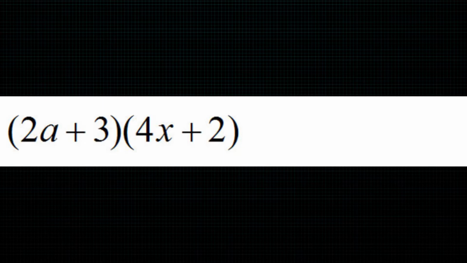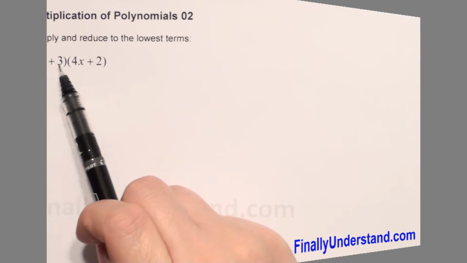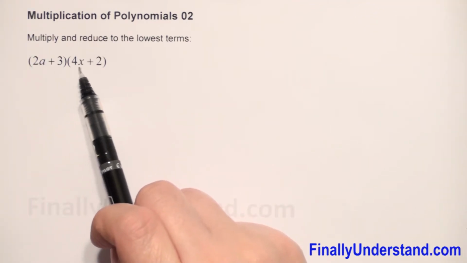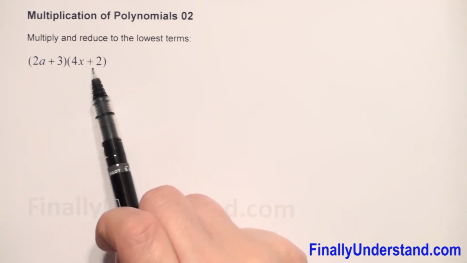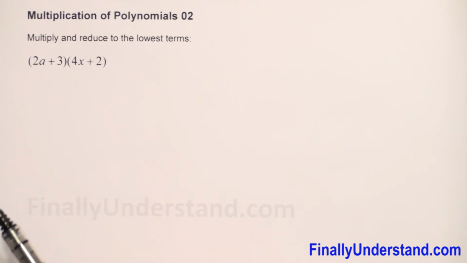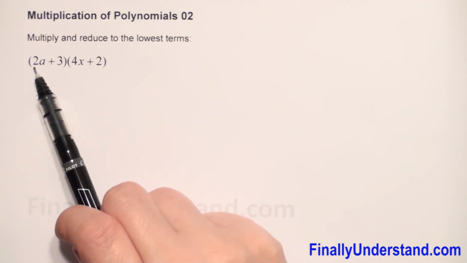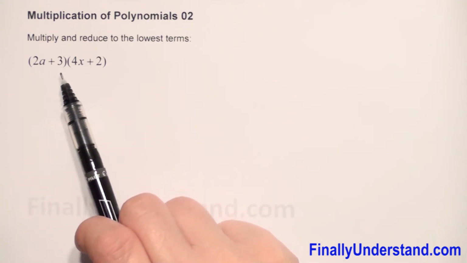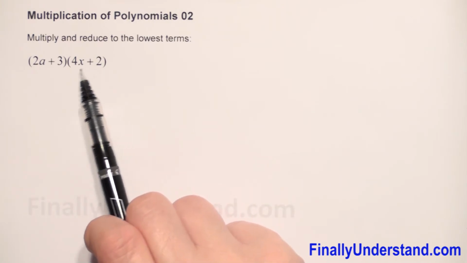We have multiplication of binomials. Why? Because in the first parenthesis we have two terms and in the second we have two terms. How do we do this? We have to multiply every term in the first parenthesis by every term in the second